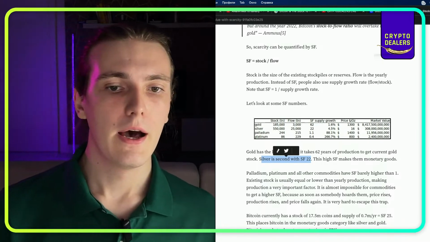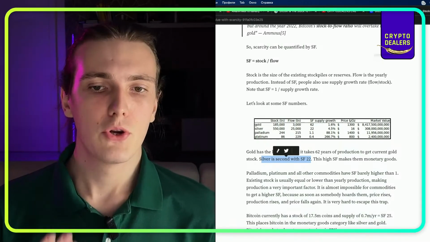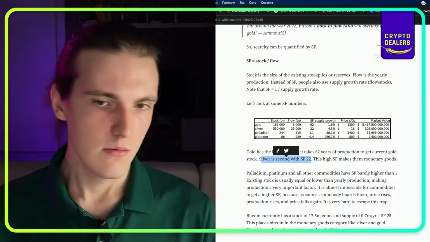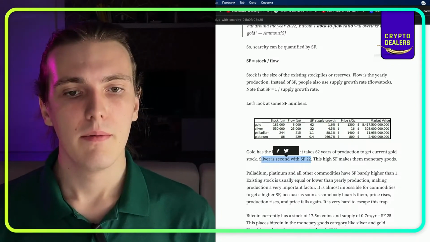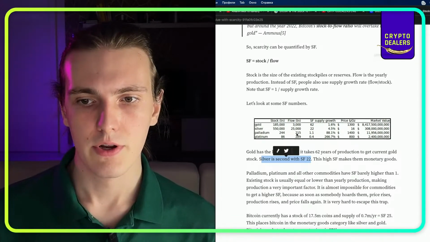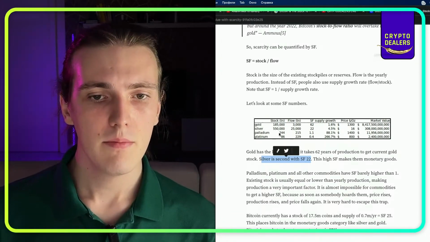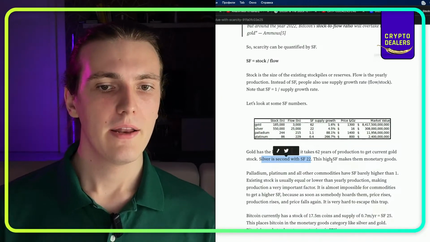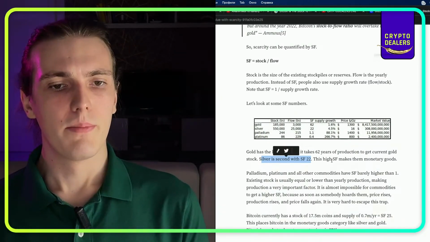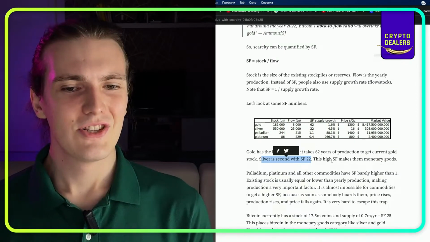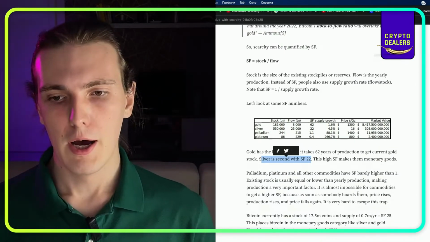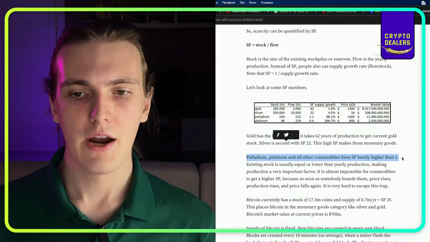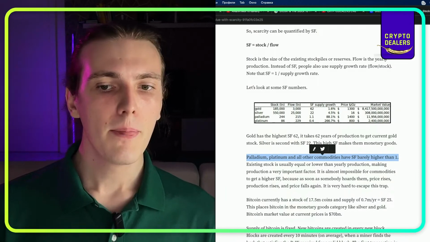So there's a lot more than gold, but it's being produced way, way faster than gold mined, right? And then palladium and platinum, you can see over here as well. The palladium is just above 1. Plan B talks about it here as well, where it's just higher than 1, and that's okay because